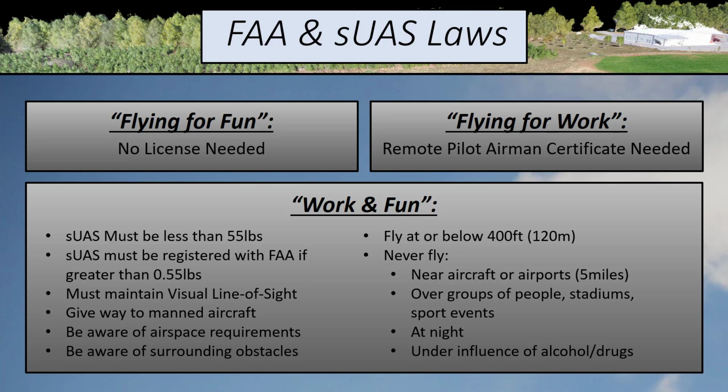These rules include, but are not limited to: the UAS must weigh less than 55 pounds, it must be registered if it weighs over 0.55 pounds, the operator must maintain visual line of sight with the drone during the entirety of the flight plan, the UAS must yield to other manned aircraft in the vicinity, the operator must be aware of all airspace requirements and surrounding obstacles, the UAS cannot be flown above 400 feet, the operator must seek approval